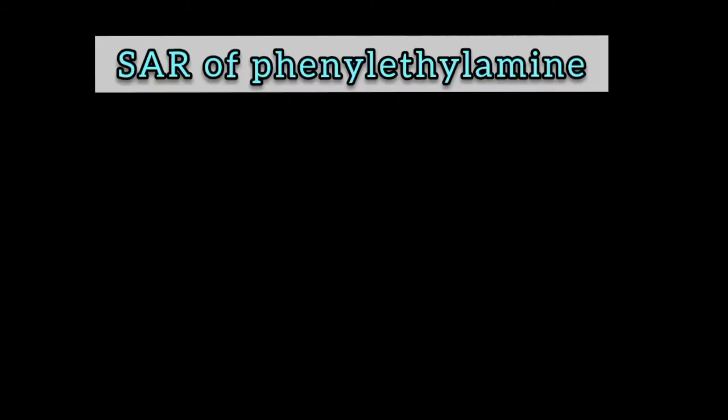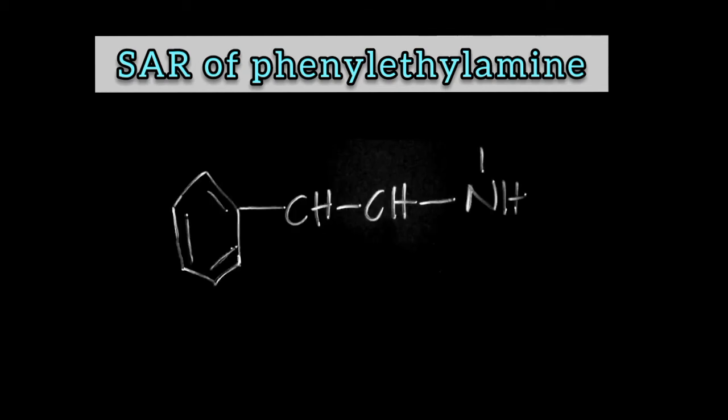Now we're going to move on to the structure-activity relationship in the sympathomimetics based on phenylethylamine. And now we're going to be looking at the skeleton of the phenylethylamine derivatives. All of the derivatives have these basic chemical groups, which is the benzene ring, 2 carbon atoms, and also the amine group at the end of